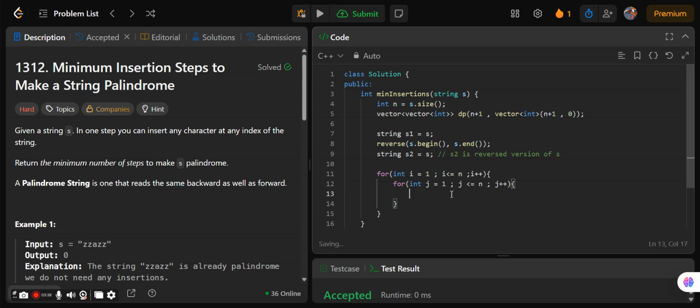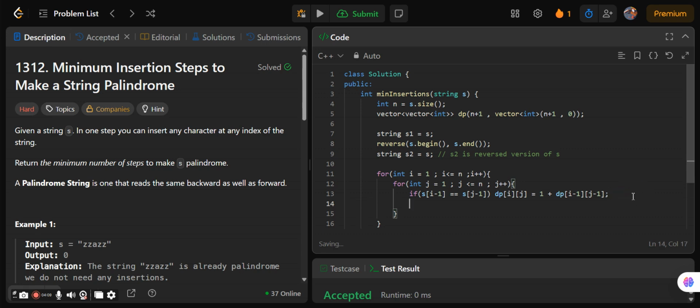And here, if s1 of i minus 1 is equal to s2 of j minus 1, then we will say dp of i j is equal to 1 plus dp of i minus 1 j minus 1, right?